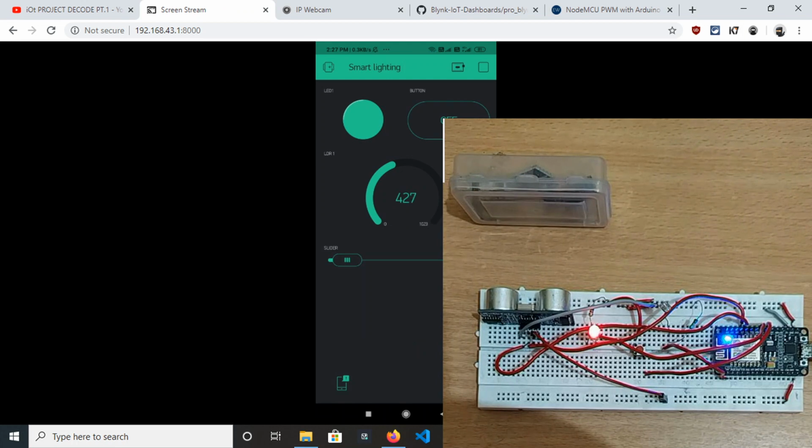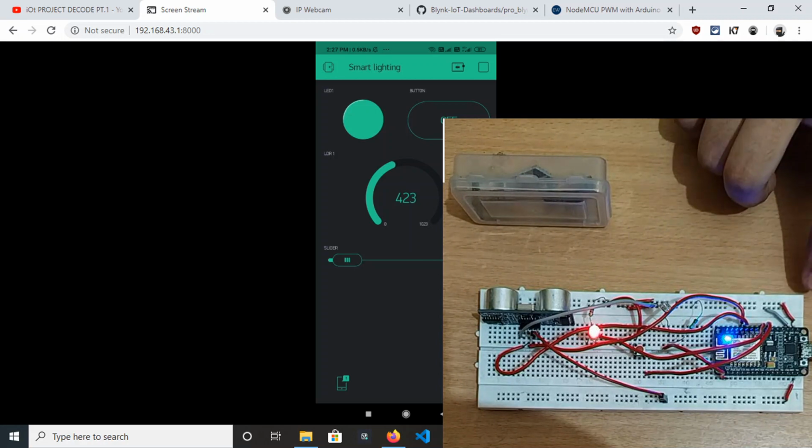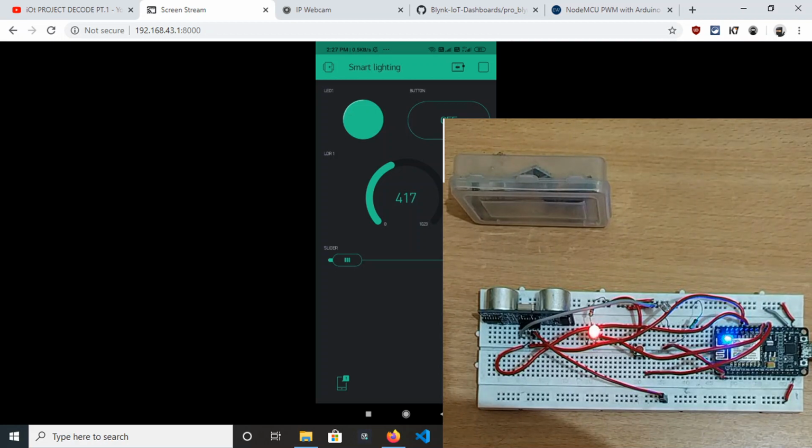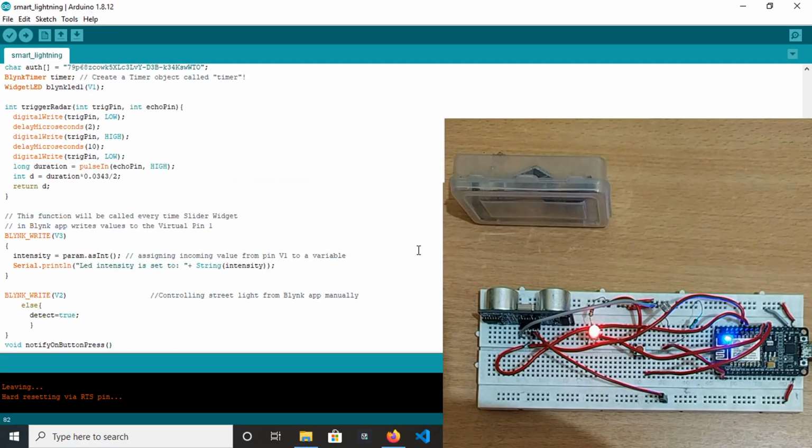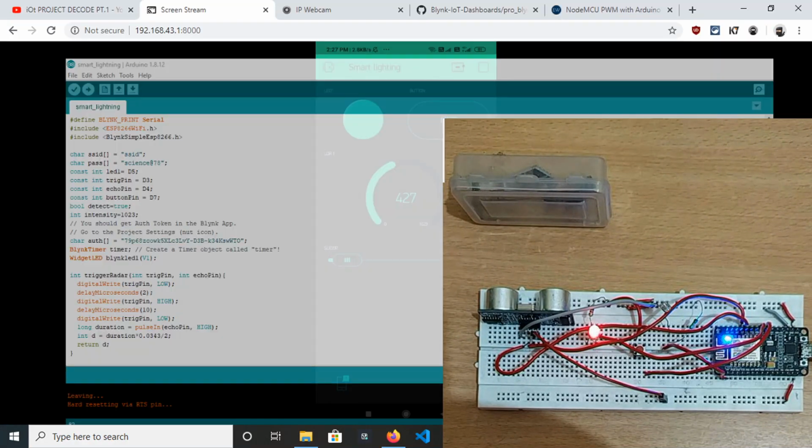The IoT setup is ready. If you are joining right now, please watch the previous session first, because in that session I have already discussed this IoT setup, how I made the connections and everything from NodeMCU. Now let's see the working, and let's start from scratch with how I have written this Arduino code so that we can connect to our Blynk cloud.